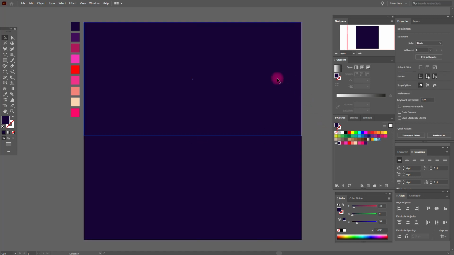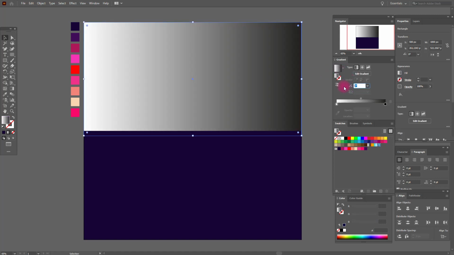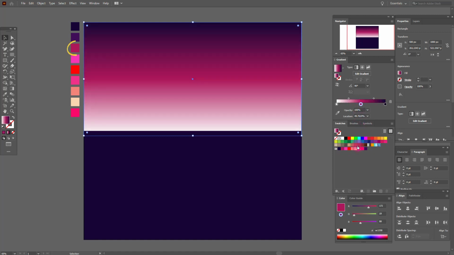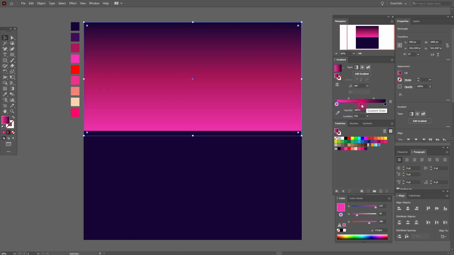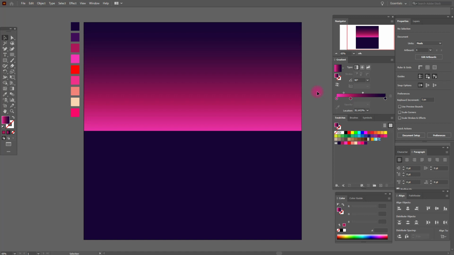Okay, now select this rectangle and apply a black and white gradient. Here 90. Okay, now here we need this color. Now in the center this color, and this color here. Let's move the slider like this. Okay, now we need this color